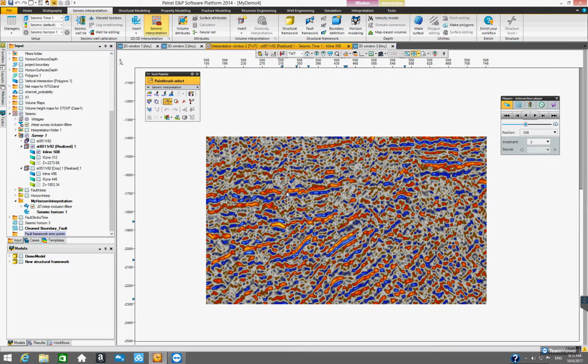Suppose we would like to track this particular red event, right? So the first button here is called manual interpretation, right? If we click on it, we can just draw on it, right? Every time you click the left key on your mouse, it's going to insert a shape point, a control point, right? And if you are done with selecting the shape points, all you have to do is double click,